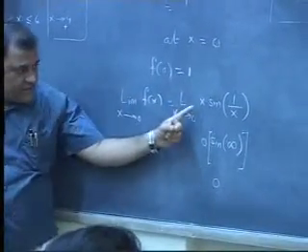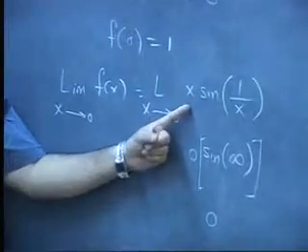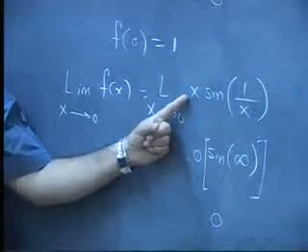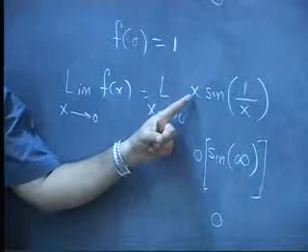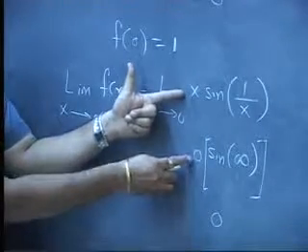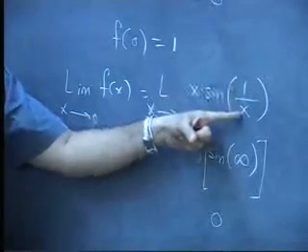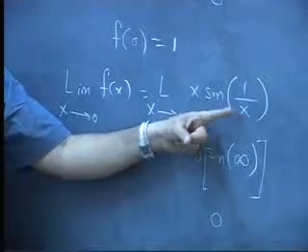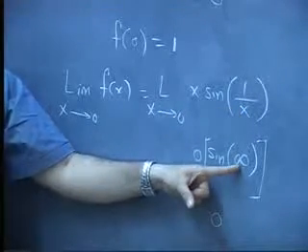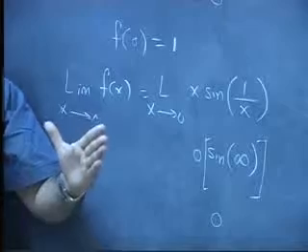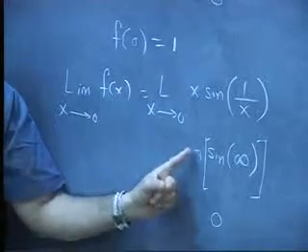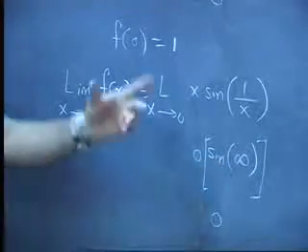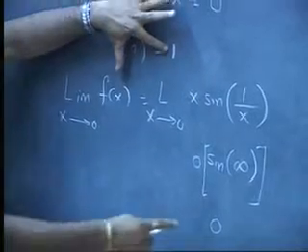Please check. Here the denominator is not 0. I mean to say denominator does not exist. So I have substituted the value. Replace x by 0. 1 upon 0 is infinity. Sine infinity is some constant, some constant lying between minus 1 and 1. So 0 into constant is 0. So f of 0 is 1.